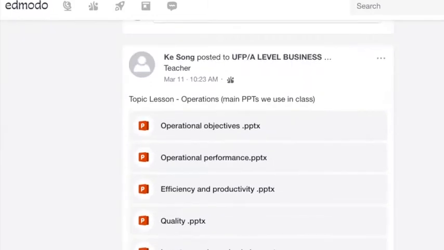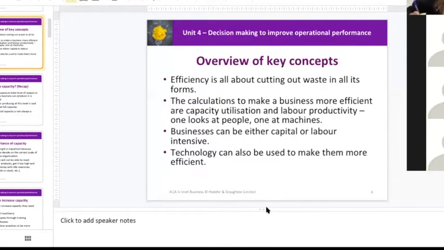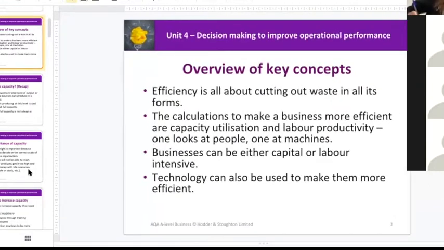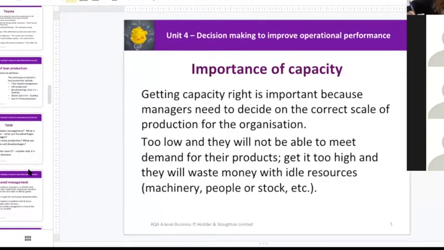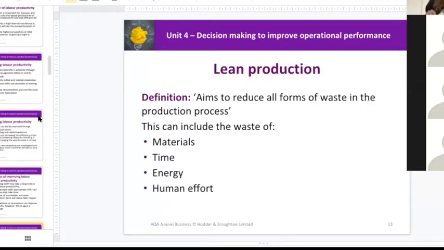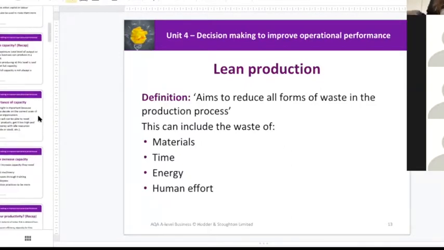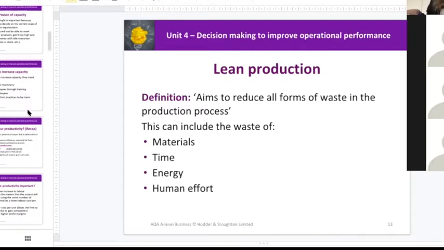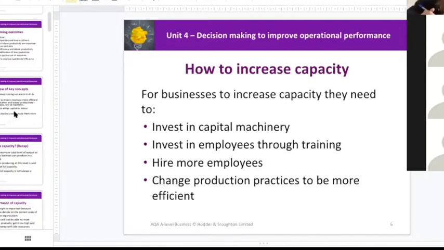Anyone else? Did you know where to find all the resources? Can you see this on my computer screen? Yes. I want to check if we've done this part. Have we finished lean production? No. Not yet. Have we talked about the advantages and the disadvantages of competitors? So we haven't talked about